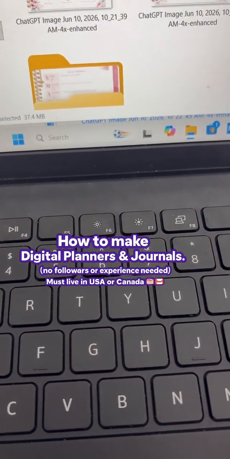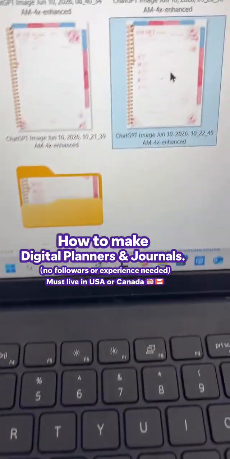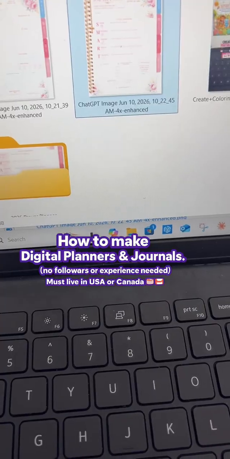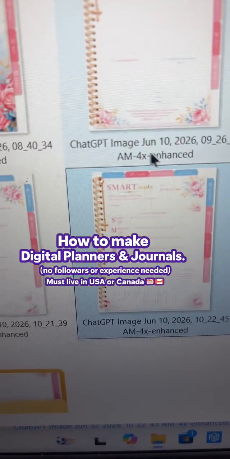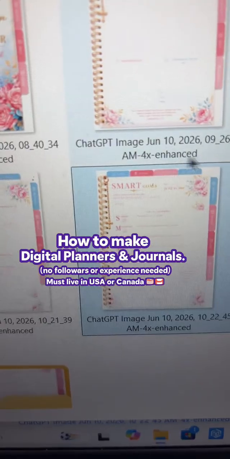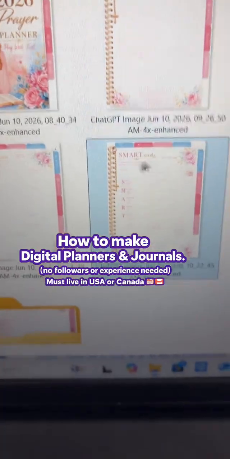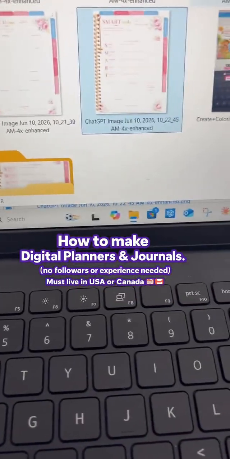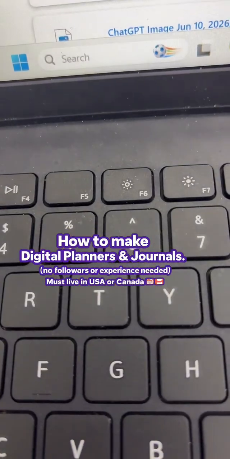So that is that. So now I'm going to move. Well, actually, I'll keep them in downloads. I'll keep the enhanced one, and then it's going to name it 4X enhanced. So you can know that it was 4X upscaled and it was enhanced. Now, you don't have to use the enhanced feature. You can just do the 4X to upscale it because you definitely got to upscale it. Okay, so then the next step